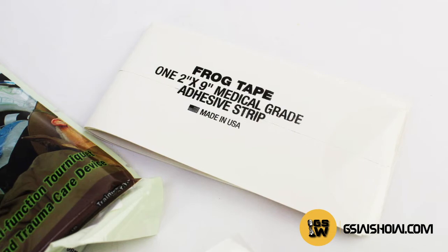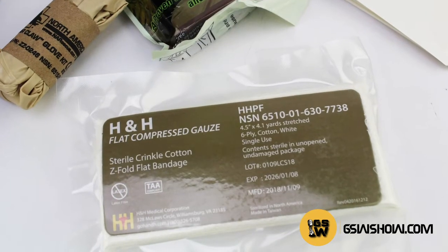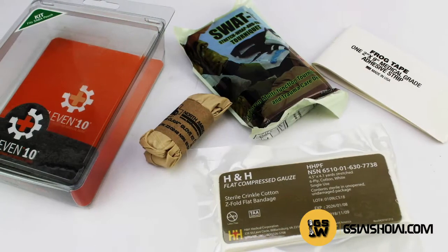So we'll get into some more detail about it later, but basically you've got some adhesive strips that you can use for the bandages that come with this. You've got some compressed gauze that's also available. It's vacuum sealed. It doesn't look like there's much in here, but I can't even bend that. Yeah, this is vacuum sealed so tight. So you've got some bandage and some tape. You've got a set of medical rubber gloves for your protection and for other people, and then the SWAT T,